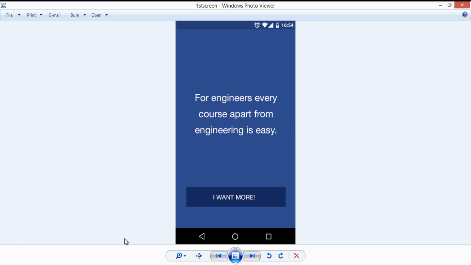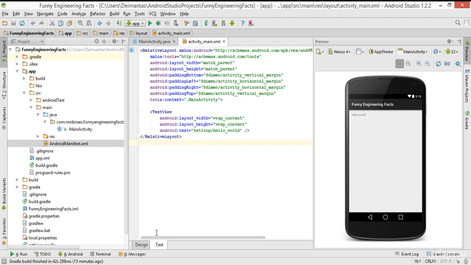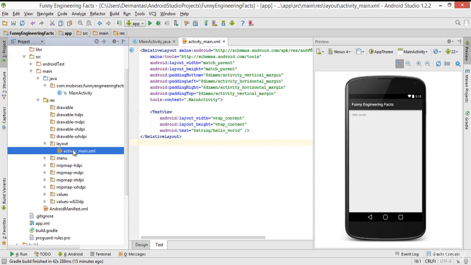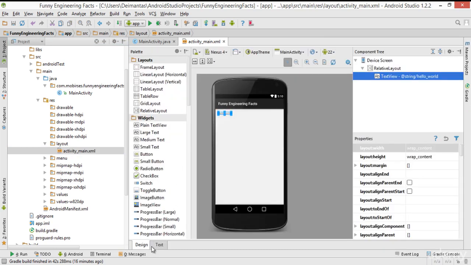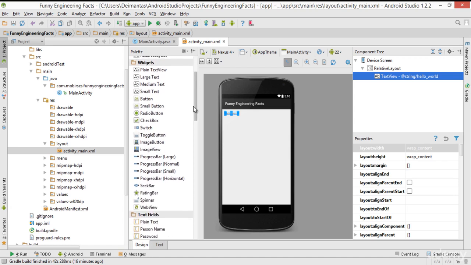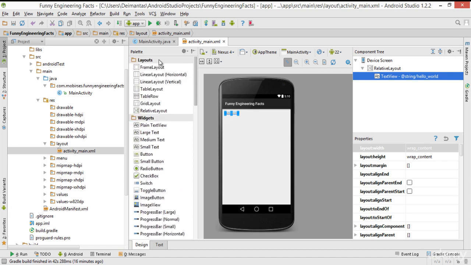So go to our Android Studio, go to the res folder, go to layout, and open activity_main.xml. In the design tab at the bottom, you are going to see a bunch of different options: views, layouts, texts, and so on. In the layouts we have different options like frame layout, linear layout,